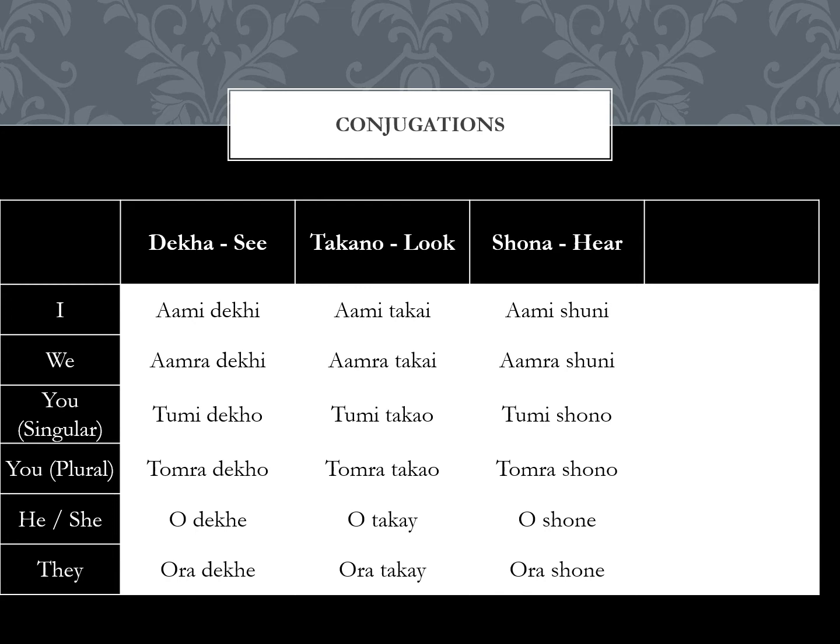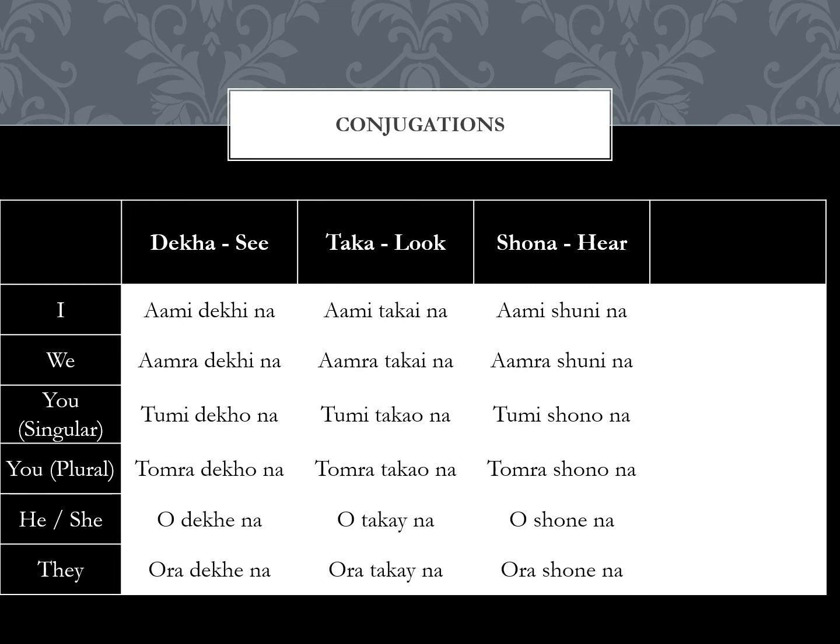আমি শুনি, আমরা শুনি, তুমি শোনো, তোমরা শোনো, ও শোনে, ওরা শোনে। Negations, again super easy, just add na after the verb. So আমি শুনি না, আমরা শুনি না, তুমি শোনো না, তোমরা শোনো না, ও শোনে না, ওরা শোনে না।